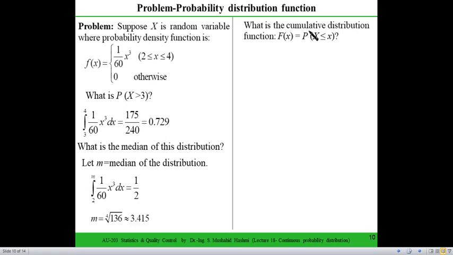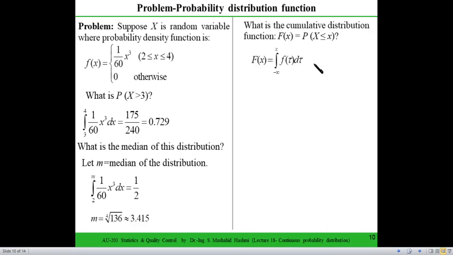Whether the cost of the book would be less than $20 or less than $30, and $20 and $30 would be your threshold values. This random variable can take any number, and this mathematical function which takes care of the probability for any random variable less than or equal to x